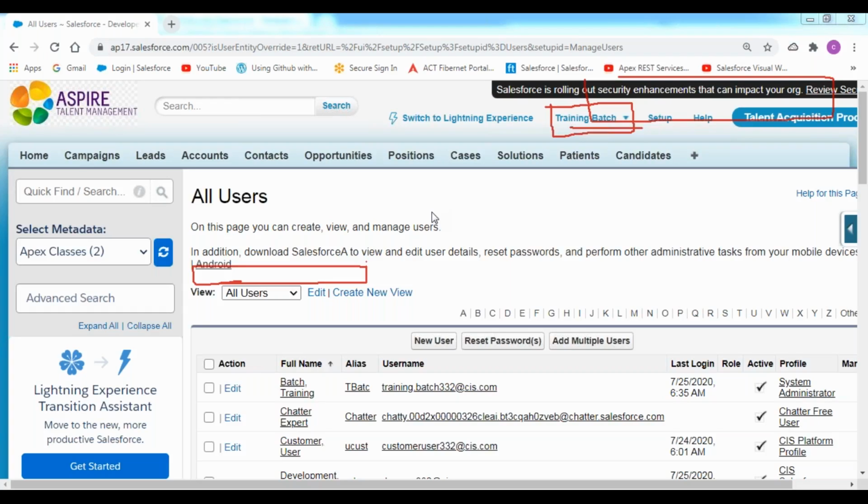Yes, there is a possibility. As an administrator, we can take that login access to all the users in one shot.